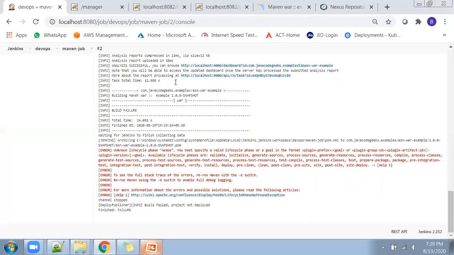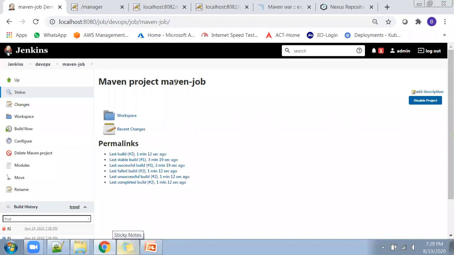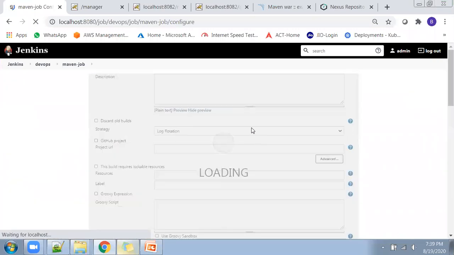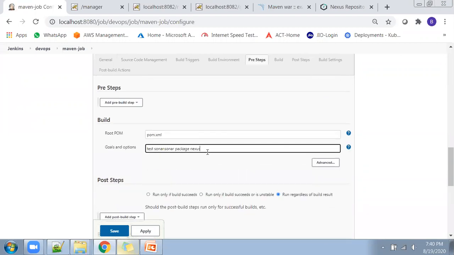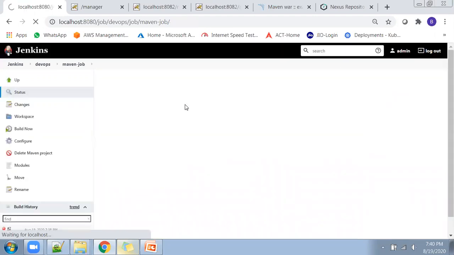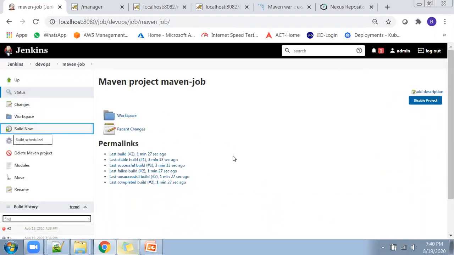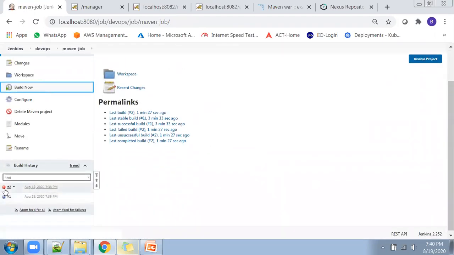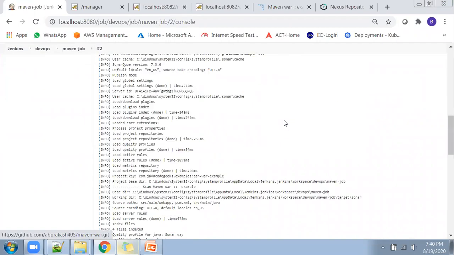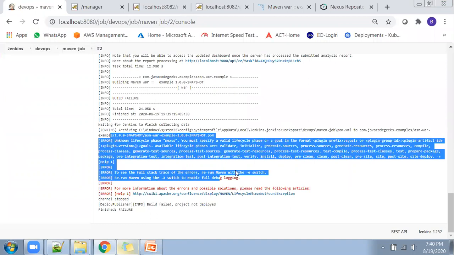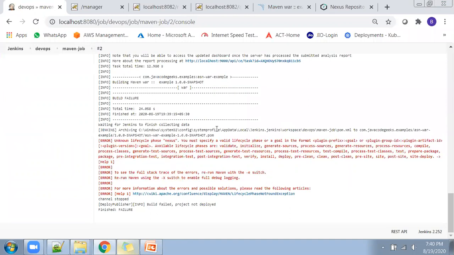So in the configuration, I have given a wrong name as Nexus. I should give it as deploy so that the job will be a success. Let me run it again for you. The red color icon means the job has failed. That means something is wrong with the existing configuration. Let me show you the job status of the second one. You can see something is wrong. That is why it is showing the error message like this.